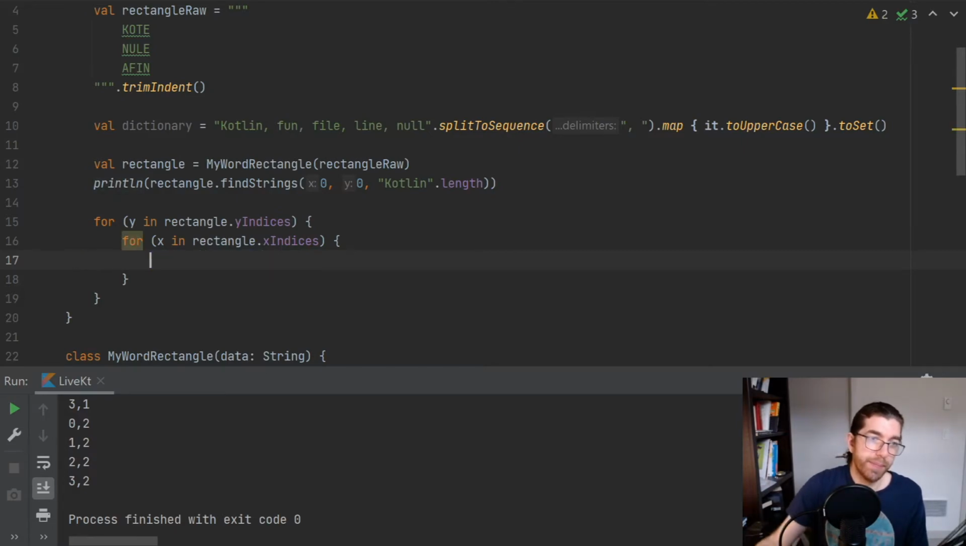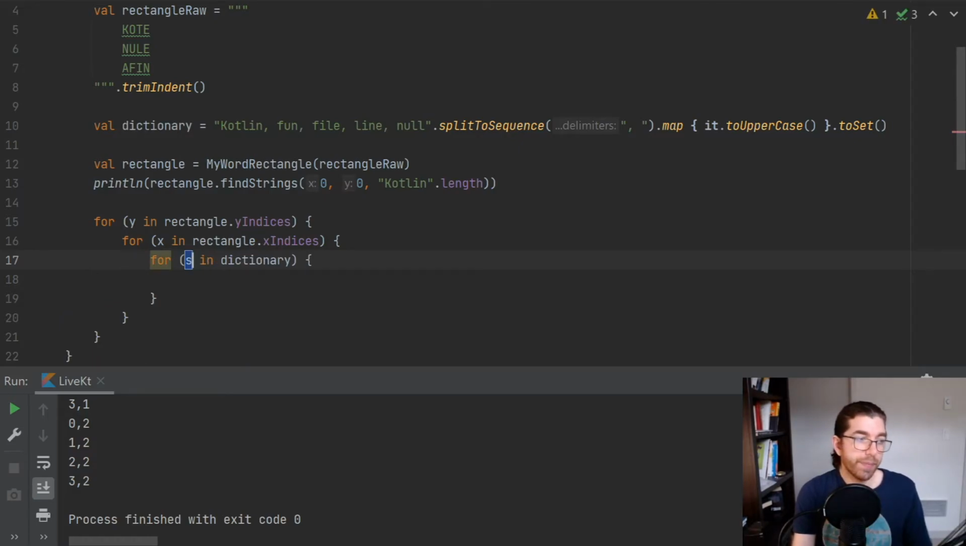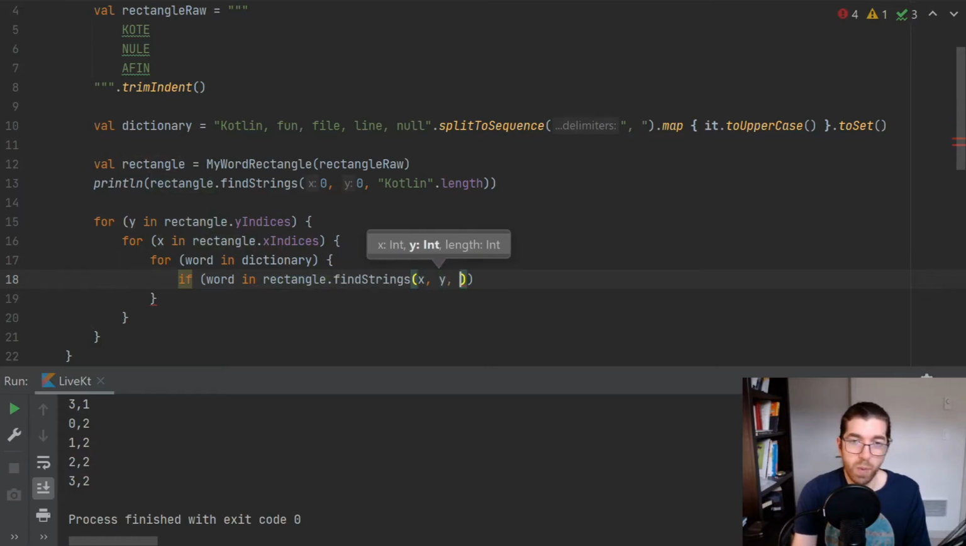And so now the next thing we want to do is, for each word in the dictionary, if word in rectangle dot find strings x y word dot length. This is exactly what I was doing here. Then say